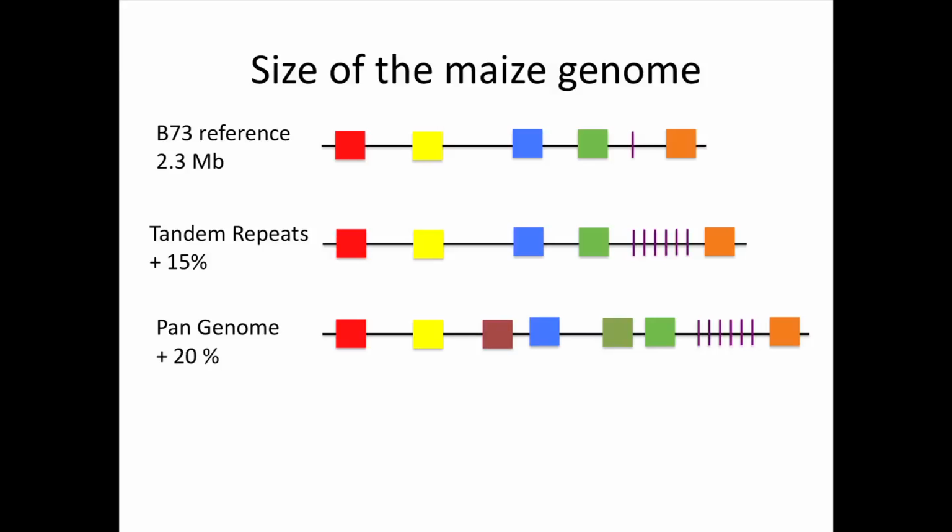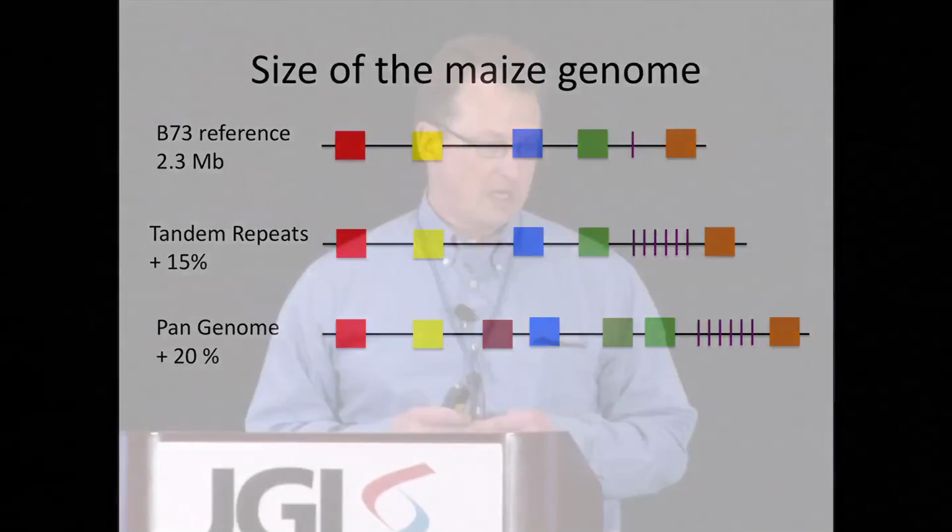In addition, the pan-genome idea has been discussed in several talks already. In Maize, there's certainly a pan-genome, a lot of genes that aren't represented in the reference genome. In a pilot study with just 21 inbred lines looking at the expressed pan genes, we identified hundreds of genes that were not present in the B73 genome, just in that small set of 21 lines. In another project with JGI here, we're looking more extensively across hundreds of inbred lines to use RNA-seq both to assist with genotyping and also to help to characterize the pan-genome of Maize.